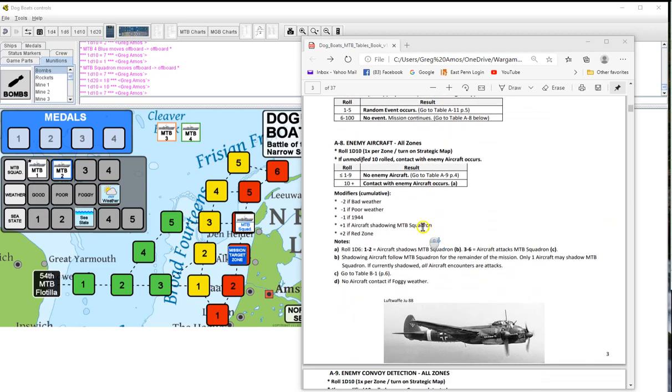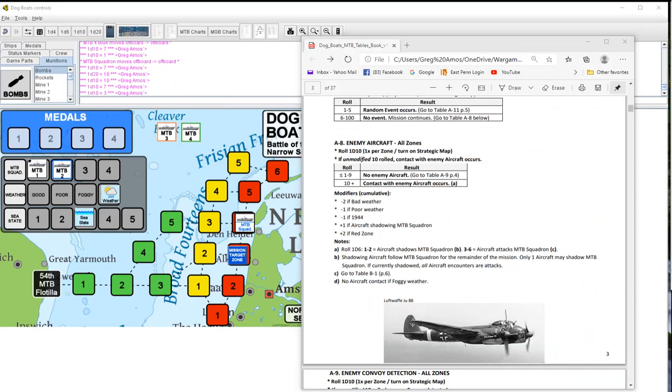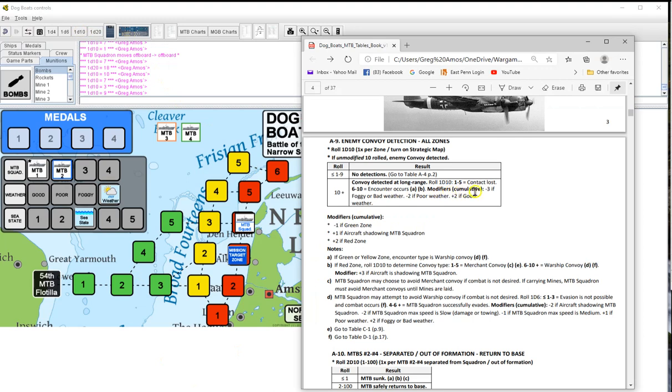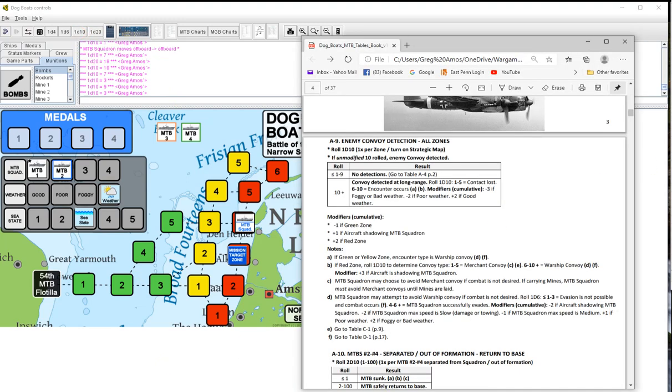Aircraft detection. Again, we need a straight up 10. 3. No aircraft. Good. At this point, I don't want to see anything. I just want to survive the mission. Enemy convoy detection. We're going to add 2. We roll a 9, 10, 11. We make contact. We're going to roll another D10 -3. 3. So we lost the contact,